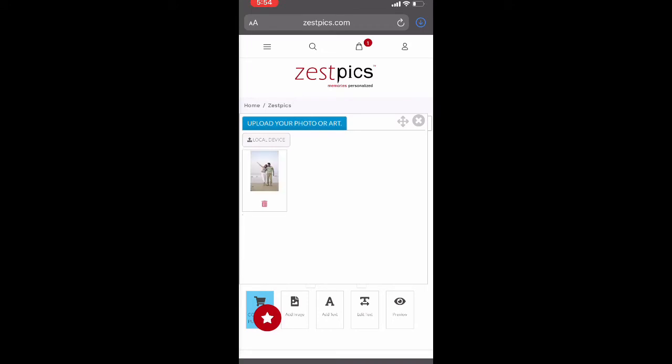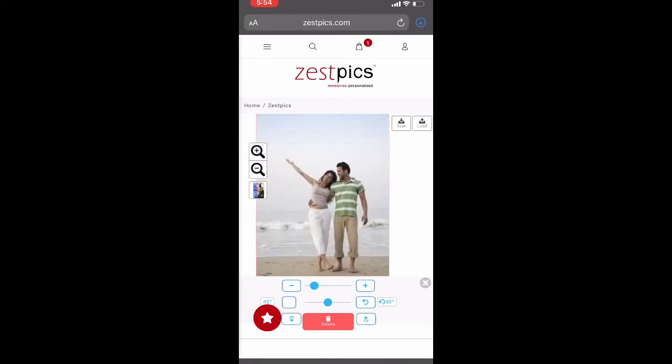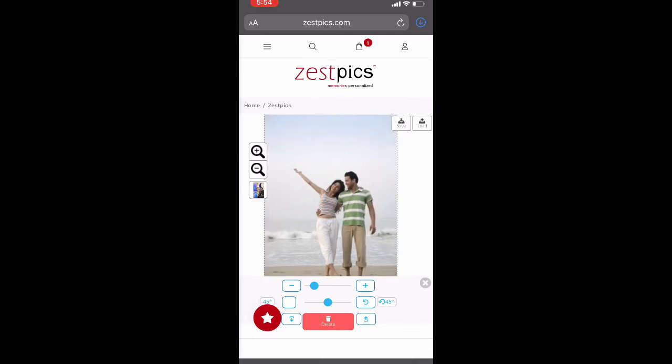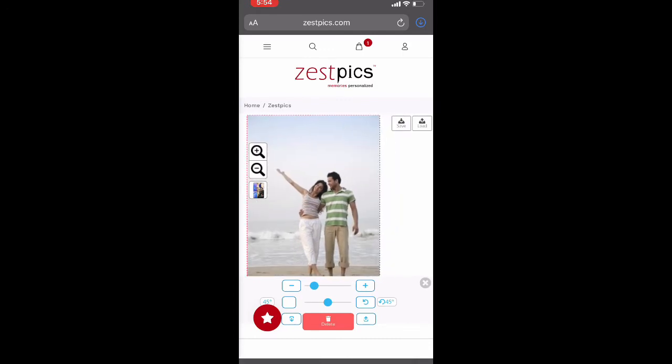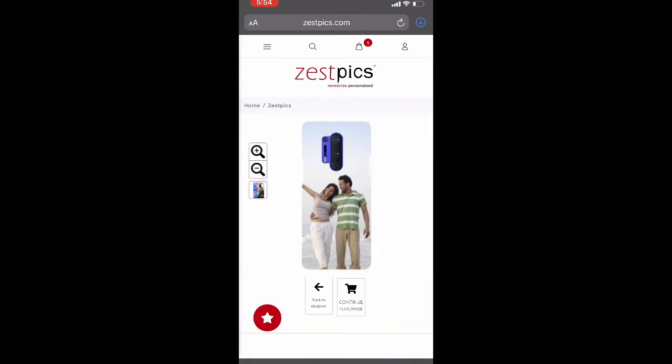If you want, you can add a different photo or the same photo. In this case, for an example, I am adding the same photograph. I can click and drag, pinch zoom the photograph. And cross mark. See the preview of how it looks on the case and continue to purchase.